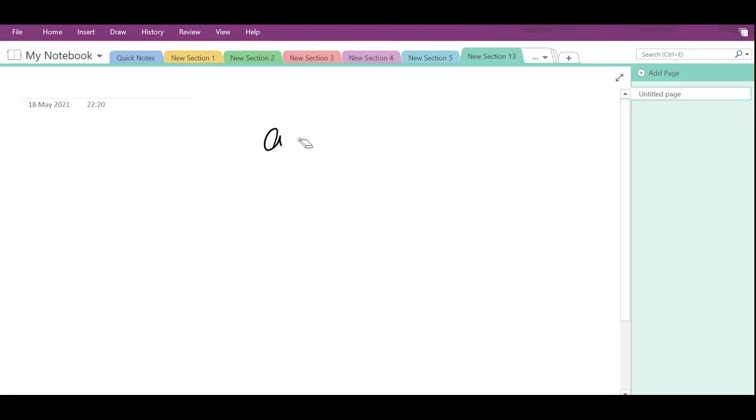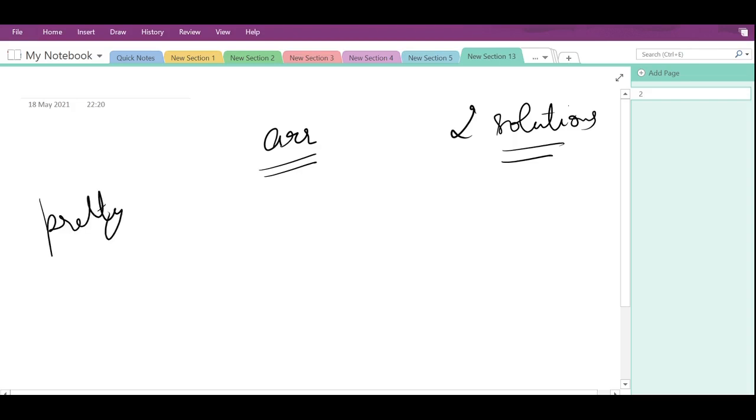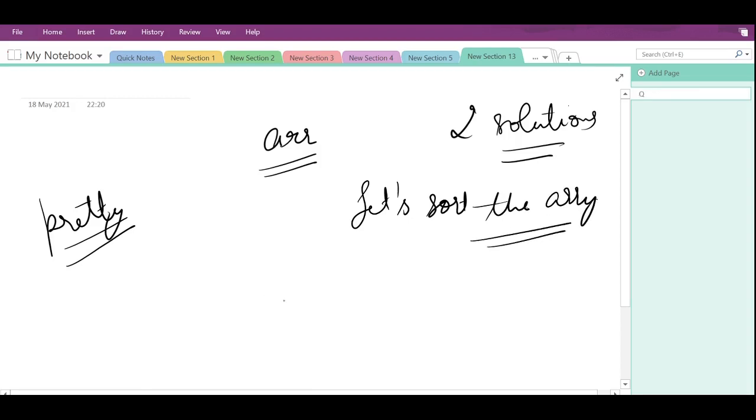Let's suppose we have this array. Now we can discuss two solutions. It's a pretty straightforward approach. It's like the first intuition that comes to our mind. So let's sort the array. Now, if we sort the array, so let's suppose this was the array 0, 4,